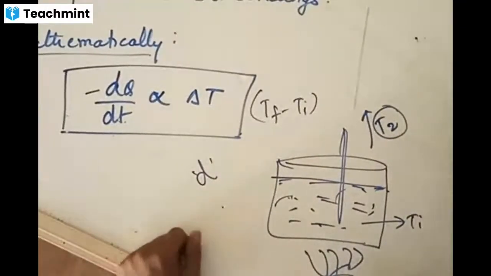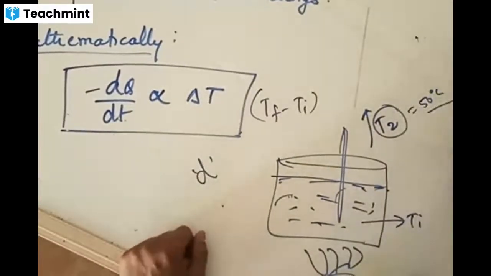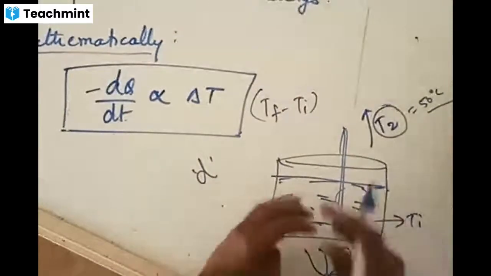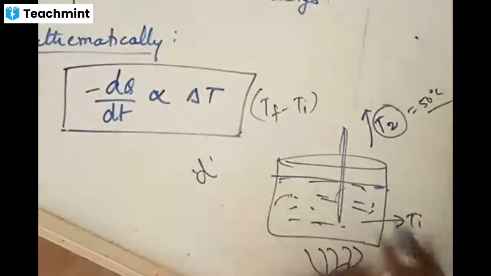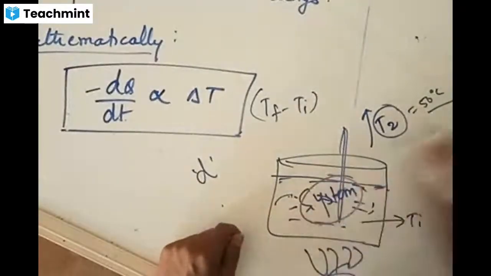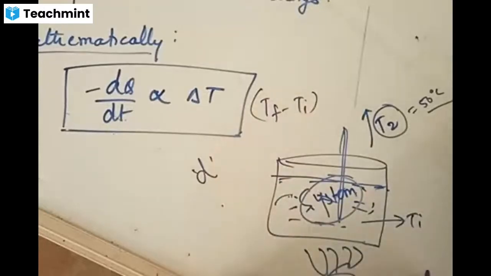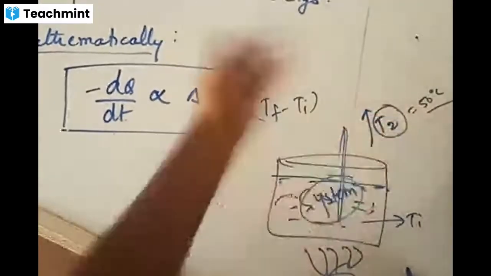So let us say it goes up to some temperature, 50 degrees Celsius. You are heating water in a container to a certain temperature and you are leaving it. Now what happens if you leave it? Now this is a system which has got some temperature. If you switch off this stove, now what happens? It has now gone to the highest temperature of 50. Now you are leaving it.